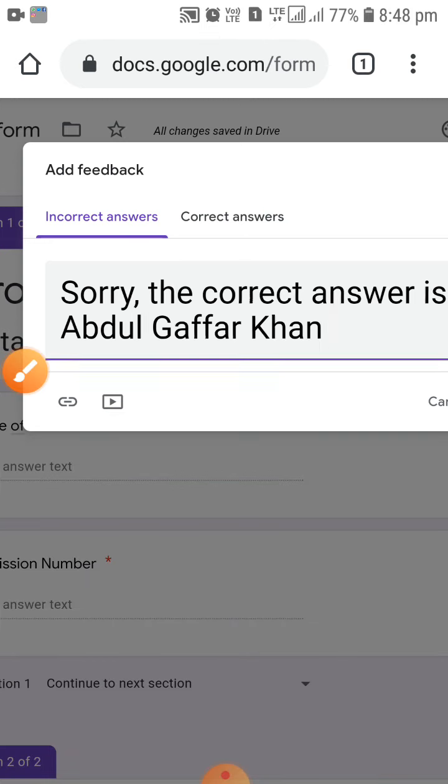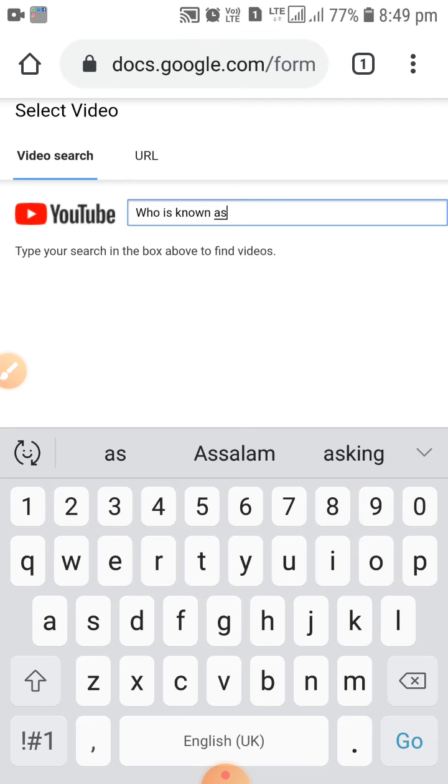You can see over here YouTube URL it is asking, and you want to search some video, so suppose I am writing in the search box the same question, who is known as Frontier Gandhi? and then I will click on search button.